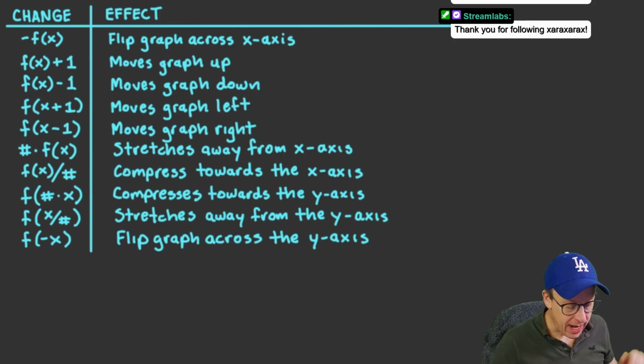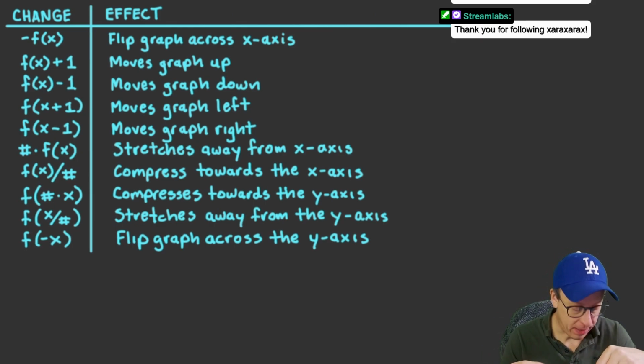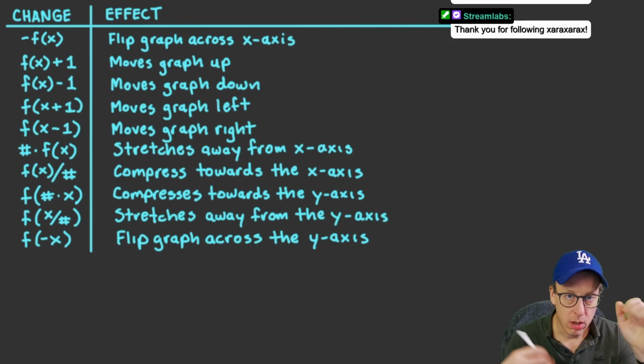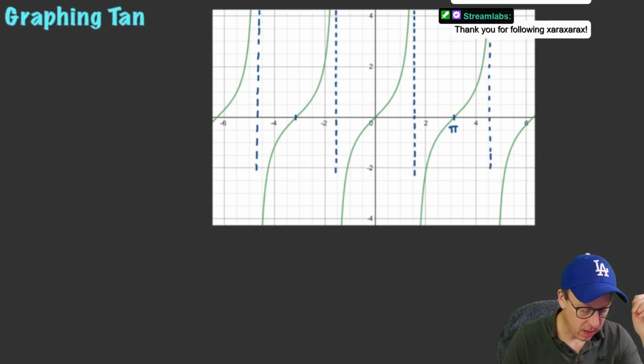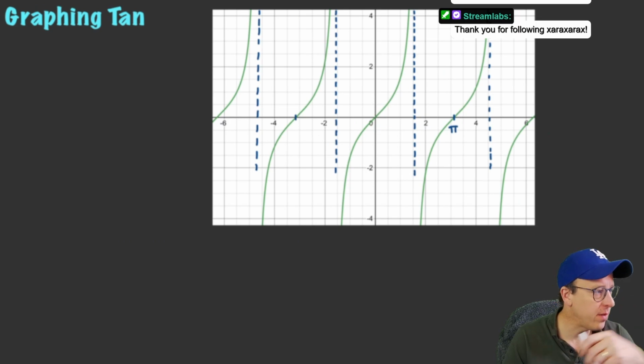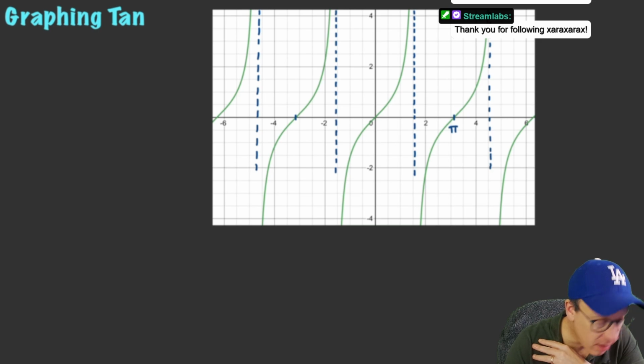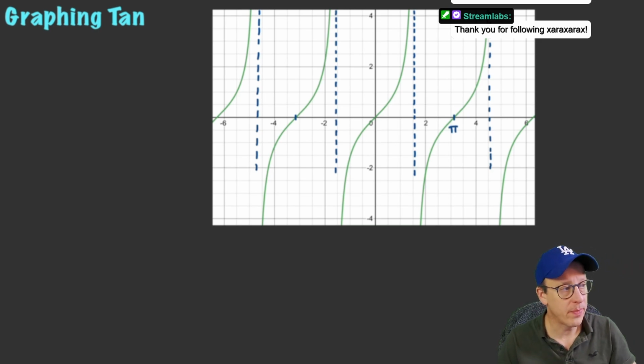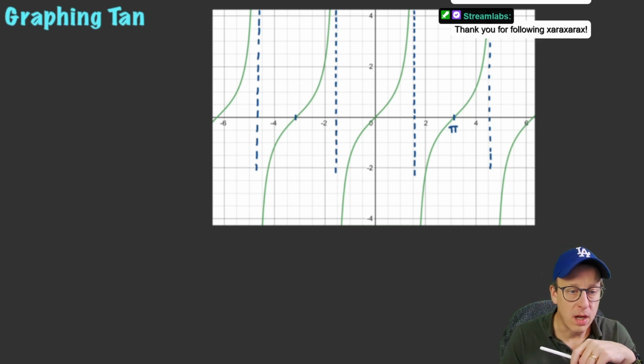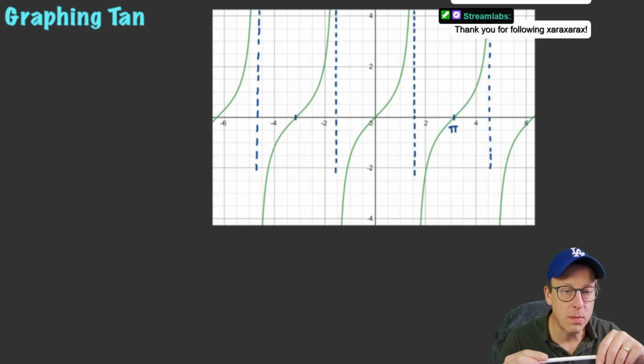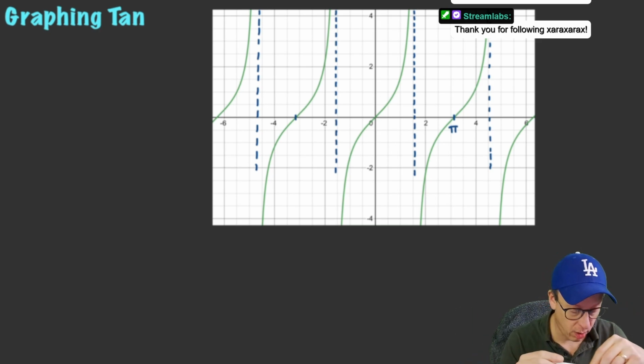So here's just a rundown of exactly how applying all of these different changes to this function are going to make changes to the function. You can see here a graph of a tangent function. I'm sort of going off the screen here, aren't I? Can I move it down? Oh no, it's still there. That's good enough. The tangent function isn't going to be defined for all of our real numbers